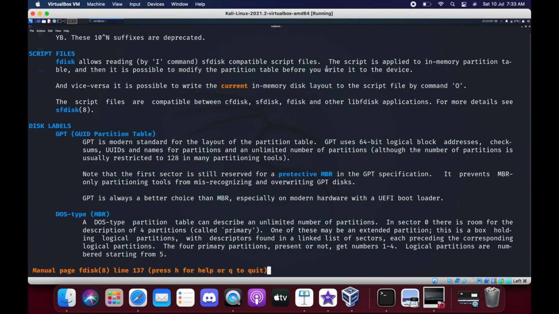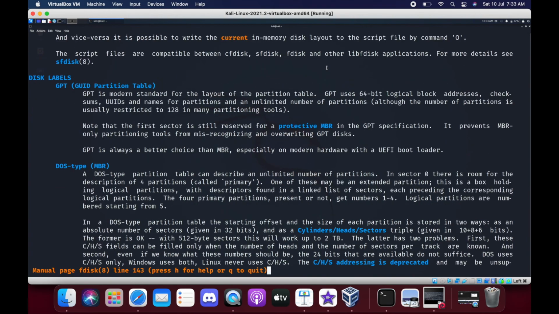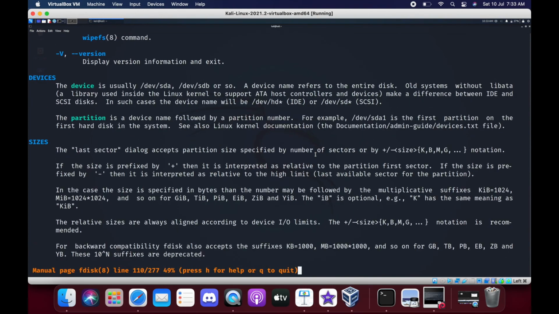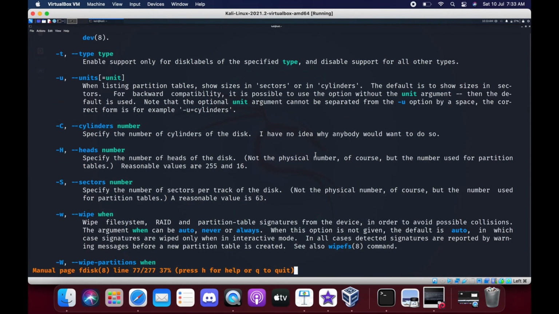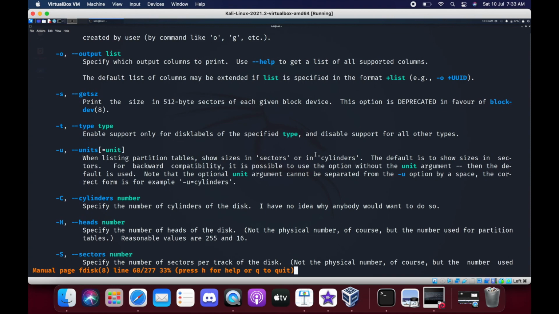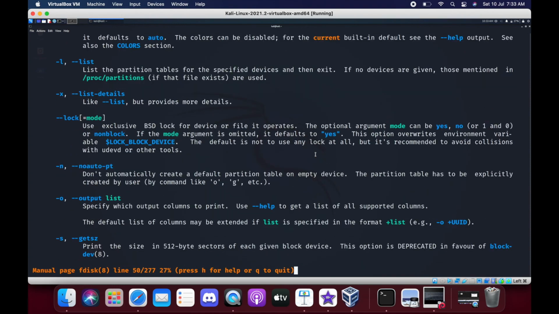Another one is script. No, not this one. Okay, current partition. Let's see, -l maybe. List, right? List the partitions.